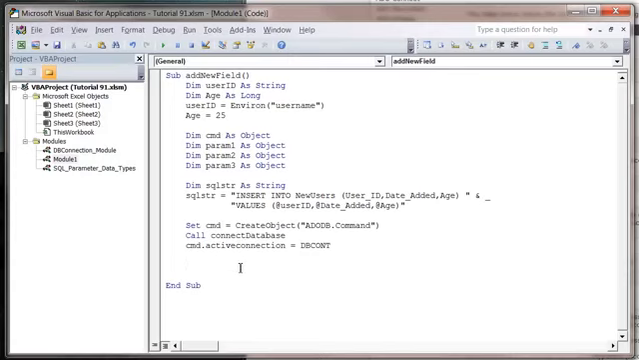And then we want to do command dot command text, and then that's just going to equal our SQL query. We then want to add all of the parameters. So set param1 equal to command dot create parameter